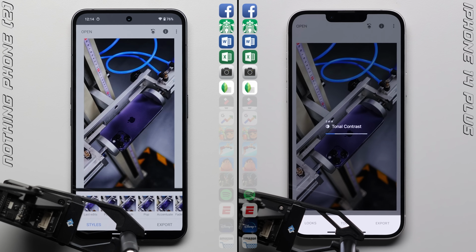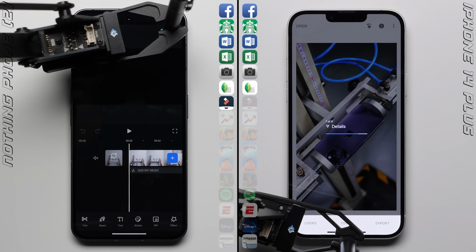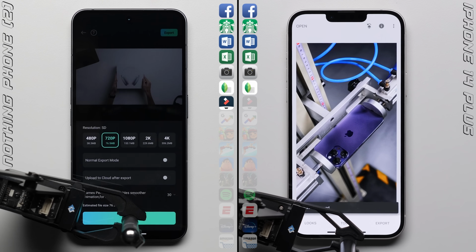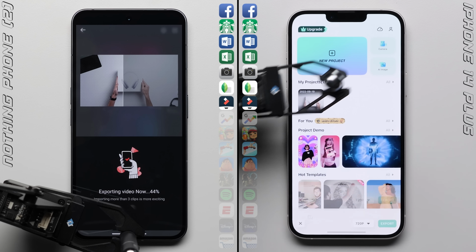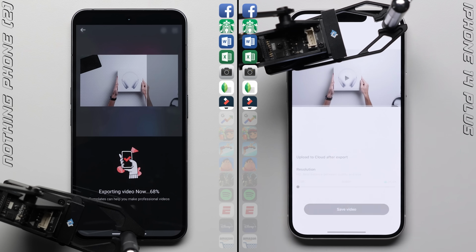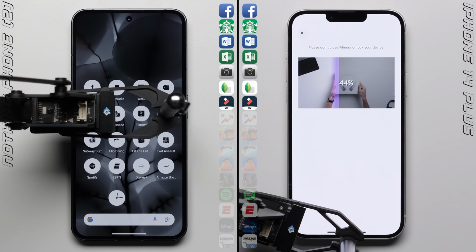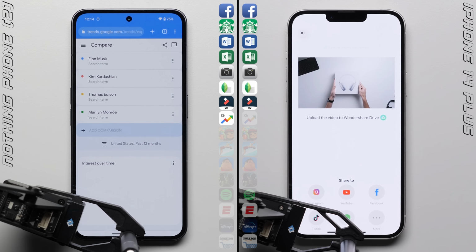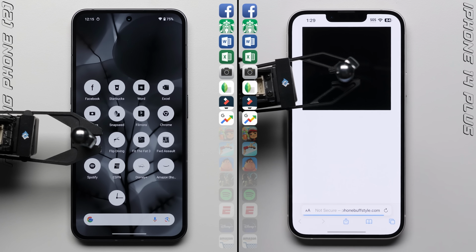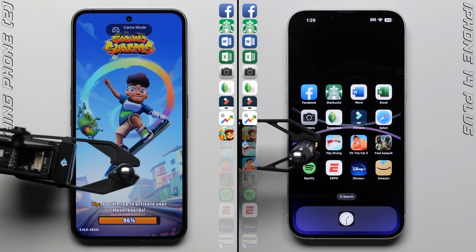while also exporting the photo itself significantly faster, giving it a huge lead as it moves on to the video exporting task, a task where historically the iPhone has typically made its comeback. But I don't know if that's gonna happen here. The Snapdragon 8 Plus is just ripping through the export, and while the iPhone does seem to be rendering the video at a slightly faster rate, it's only enough to cut down on the Nothing Phone's lead, but not completely erase it. However, the iPhone is at least able to load Google Trends at a faster rate, which gives it